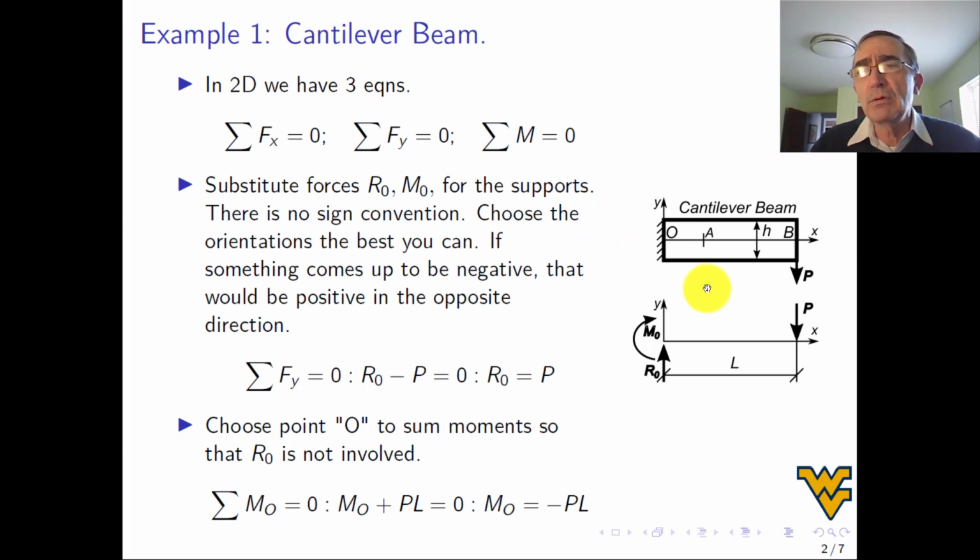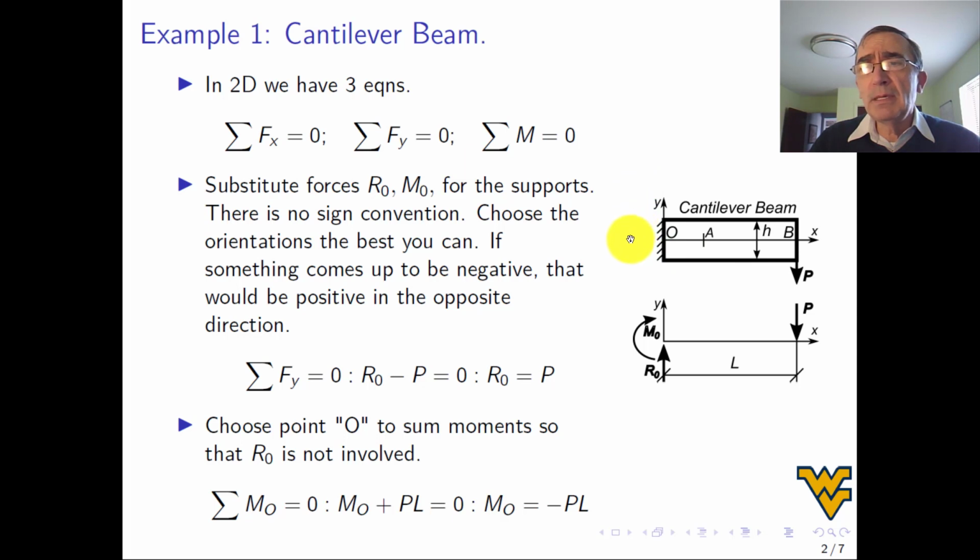The coordinate system that we use in this class always has x along the members. The structural components that we're going to use in this class will have x along the length of the member. Then we can have y and z for other cases, but in this case, we just have y. The next thing we do is label the points of interest. The points of interest are O and B because those are at the boundary, and also A because later on I want to calculate internal forces at that particular point.